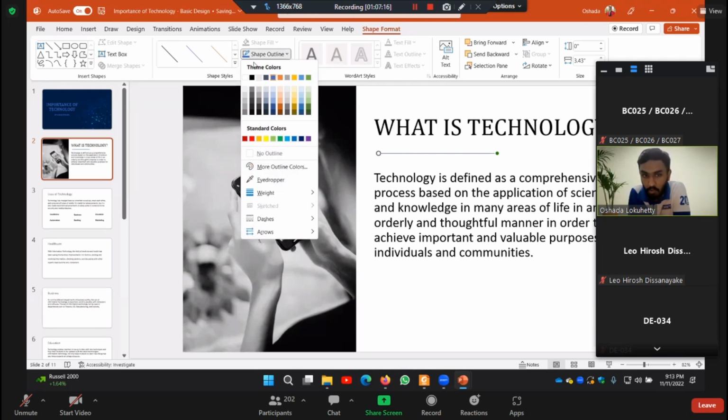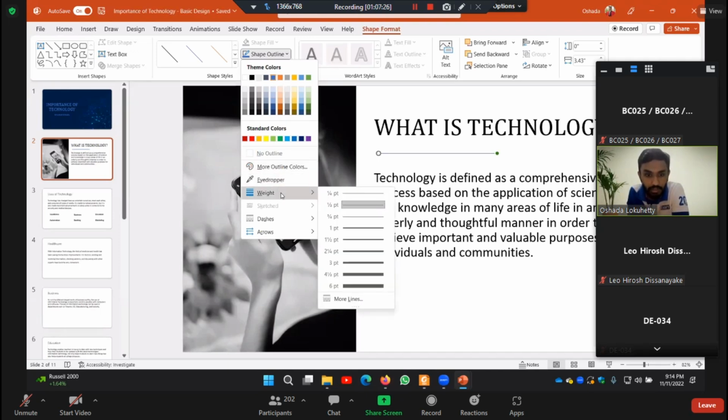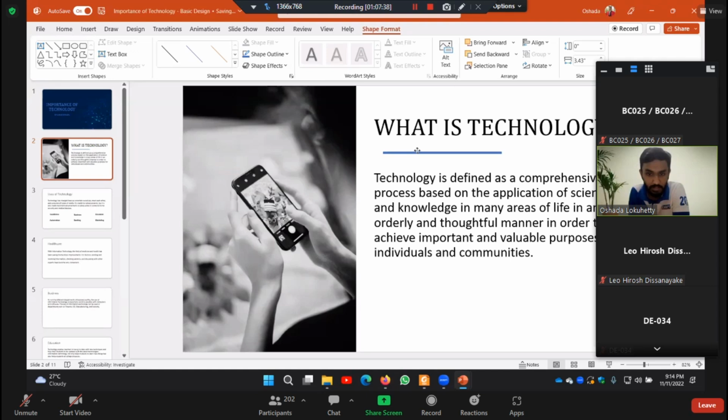From this shape outline section, you can change the color, right? And also, if you need to thicken the line, you can use the weight option here. In shape outline, you find weight. So you can increase the weight. As soon as you increase the weight, you see the line gets thick, right? You can add a line like this,